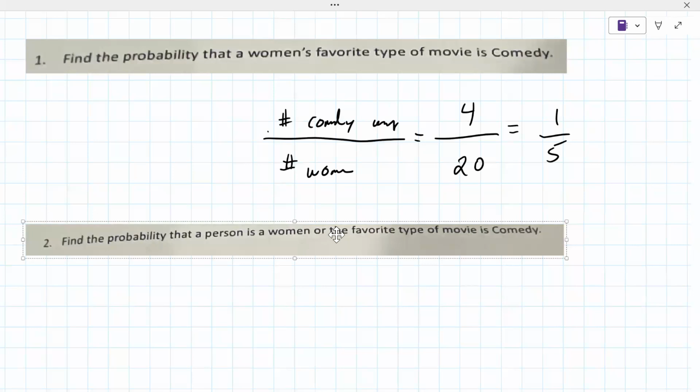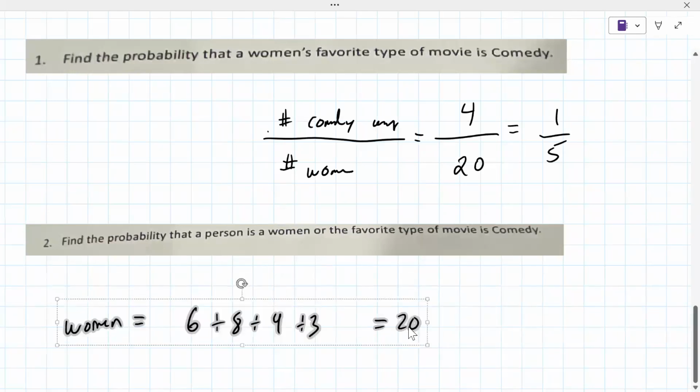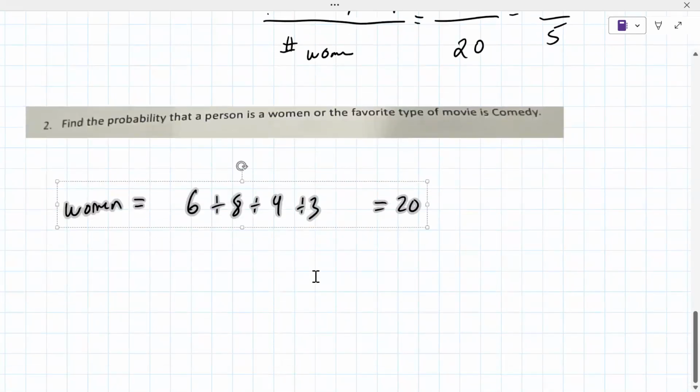All right, so how many women are there? 20. The total is 20. Right, and it's 6 plus 8 plus 4 plus 3 gets to 20, right? Yes. And how many like comedy? 4 women like comedy. All right, so 4 like comedy, and then there's 5 men that like comedy. Okay, now